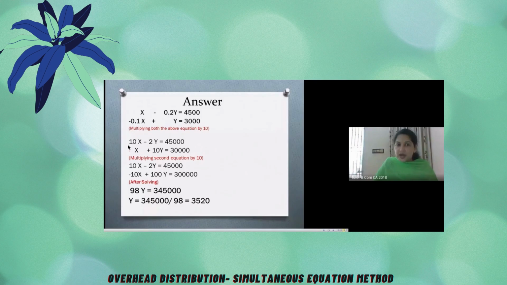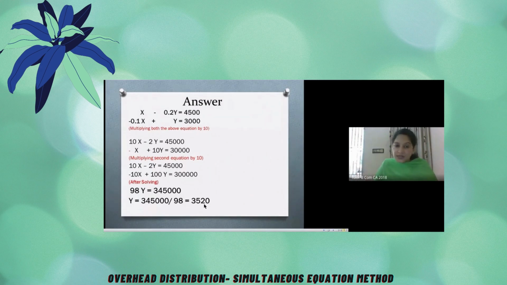We were just looking at how to nullify that immediately. Otherwise, we will have to do so many steps to reach this answer. If you want, you can do it. There is no issue in that. But we were just solving it in the simplest way. So it will be 98y is equal to 3,45,000. Now I can easily find the value of y. y is equal to 3,45,000 by 98, which gives me